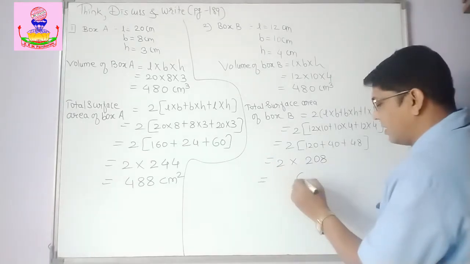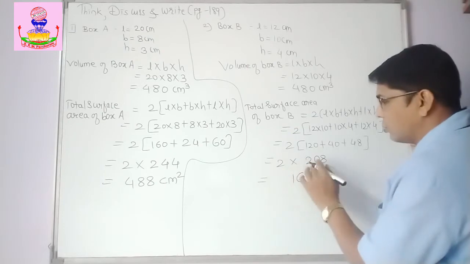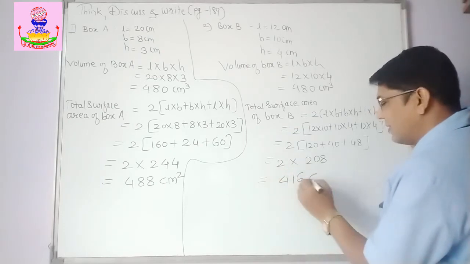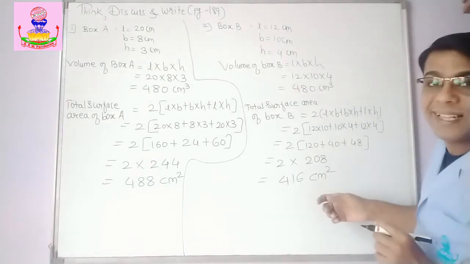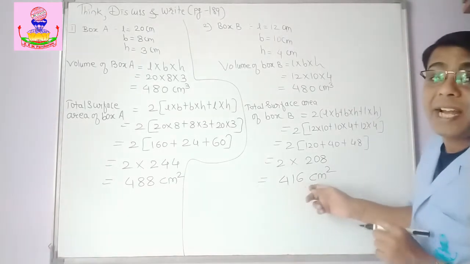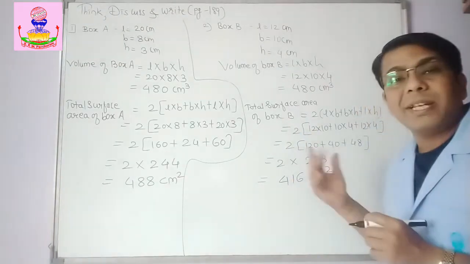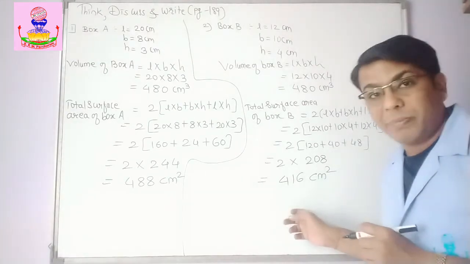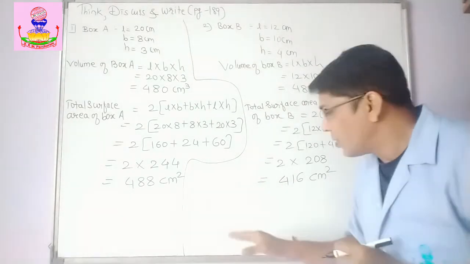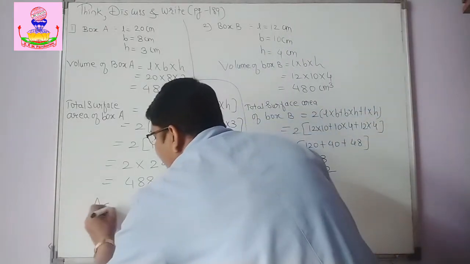208. So that is equal to 8 2s are 16, 1 carry on. 2 zeros are 0, 0 plus 1, 1. 2 2s are 4. So whose surface area is lesser? Box B. And hence material required to prepare box B will be less, and hence box B will be more economical than box A. Okay, so here we can say as